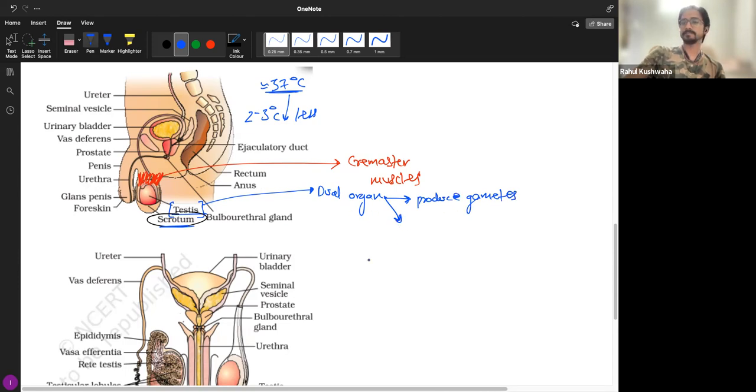What is the other thing it does? It also produces hormones, right? Especially the sexual hormone in males called testosterone. Okay. Now, testosterone is primarily responsible for the manliness of a male body, but that doesn't mean, when you study at this level, that testosterone is only present in males and estrogen is only present in females.